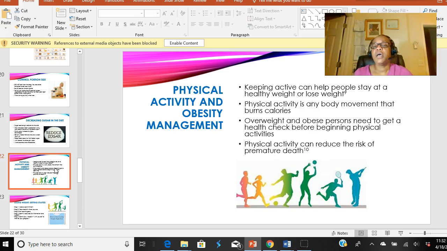And of course, it does so because it prevents you, if you're not obese, we're not saying you won't get some of the comorbidities, because you can get them if you're not overweight or obese, but overweight and obesity are more risk for them. So if you reduce your weight, then you increase your lifespan.